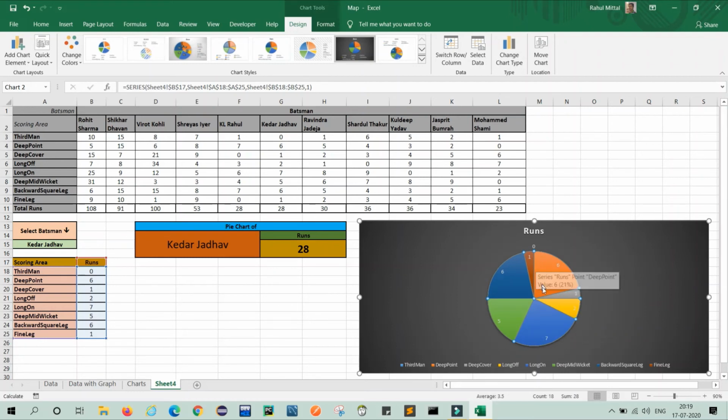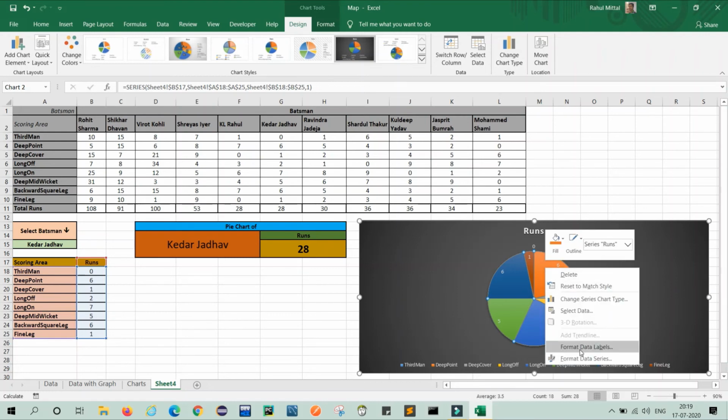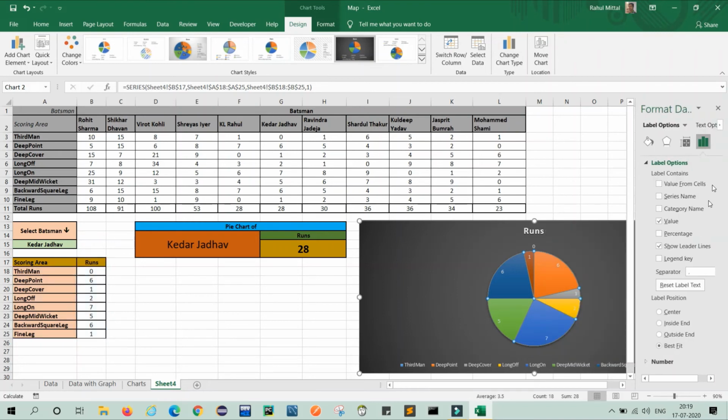See, when you click data labels, the runs value will display here, but it is not showing properly. So what will we do? We will again right click, go to data labels, format data labels. See, one window will open here. Now here you can select your required parameters, like I will select category name.